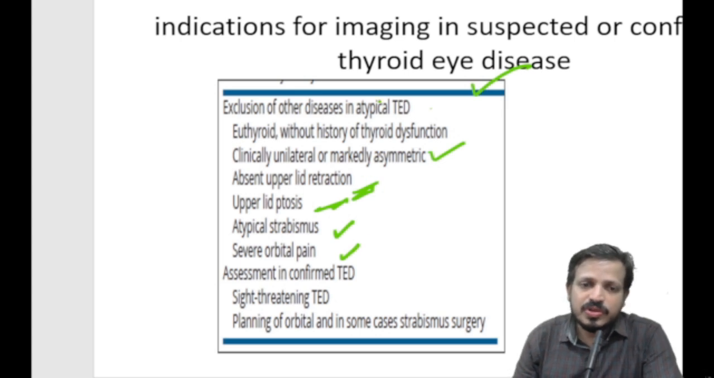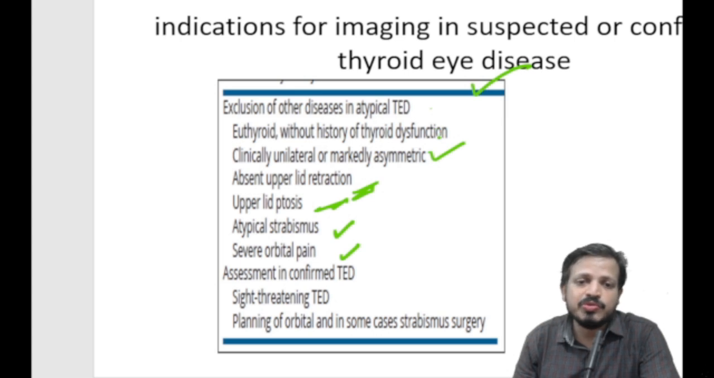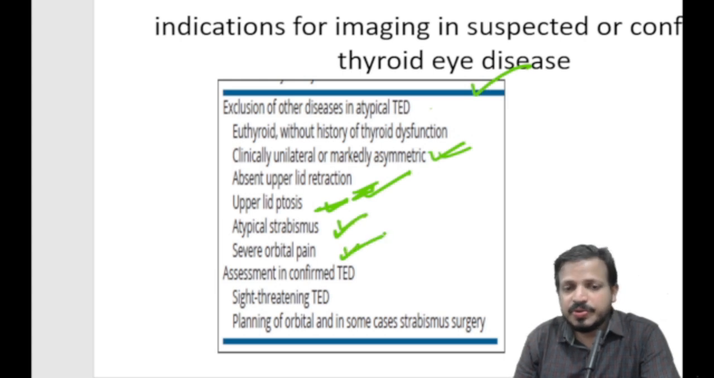So in these conditions we have to exclude other disease, like in a euthyroid condition, a unilateral condition, absent upper lid retraction, upper lid ptosis, atypical strabismus, or severe orbital pain. And